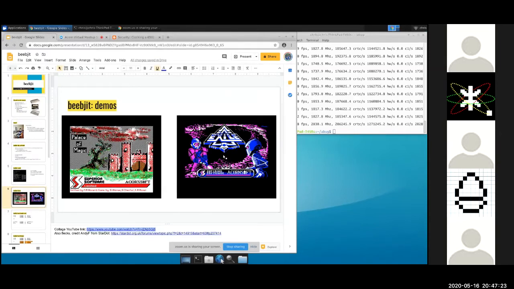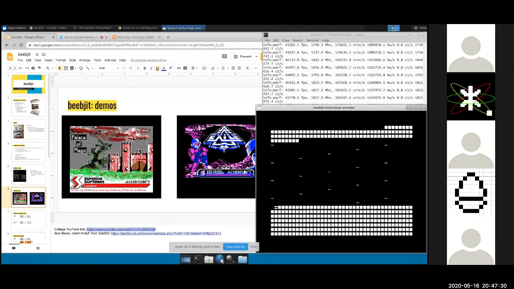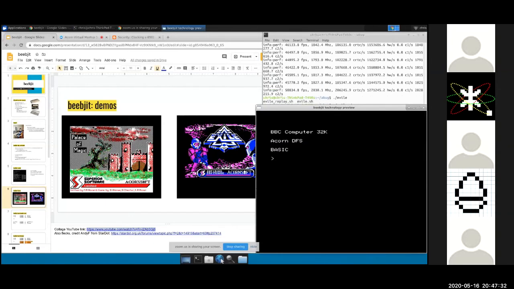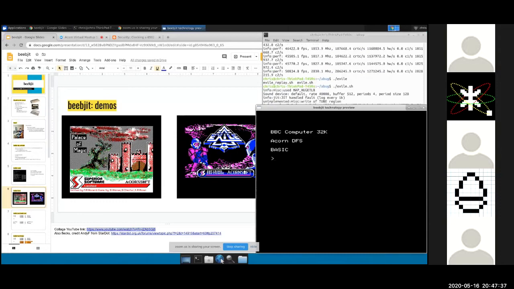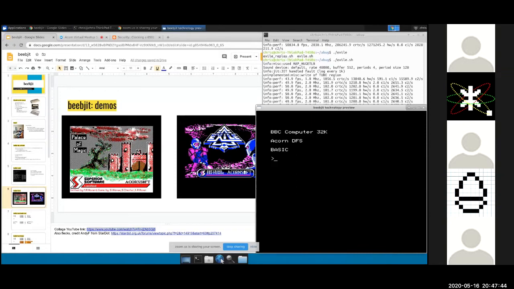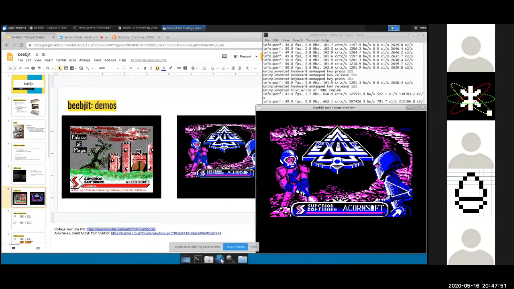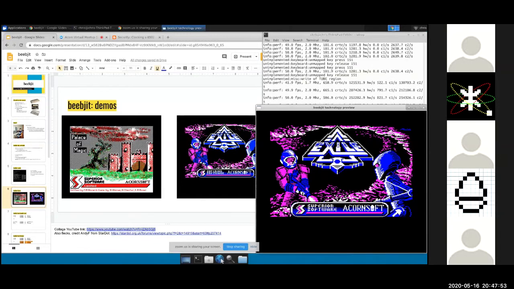And the other demo I wanted to do, just quickly, not so much a speed demo, is a demo of loading an original protected Exile disk, just to show you that this works. The reason I think this one's interesting is because it looks a little different to the disk images out there on the internet that you might play on BBC Micro emulators, because they've been cleaned up. The original load was quite messy. So as it loads past the title screen, you'll see it actually loads the game code on top of the title screen,